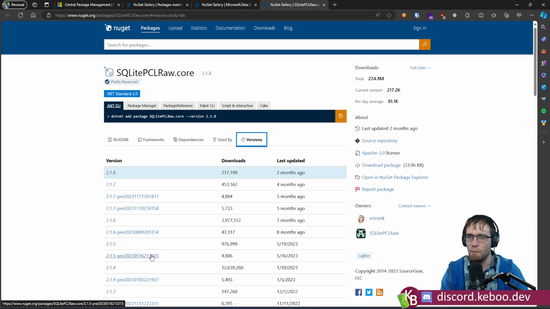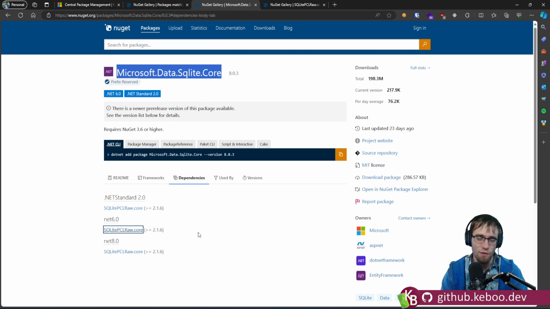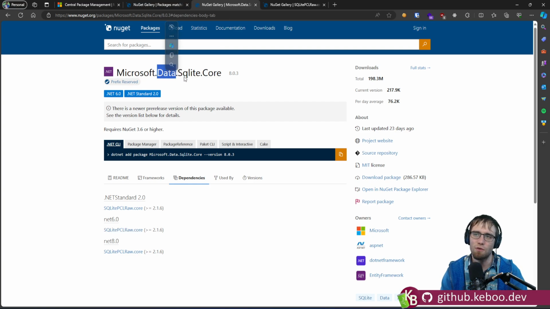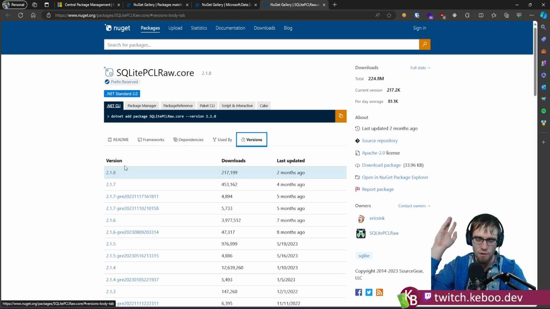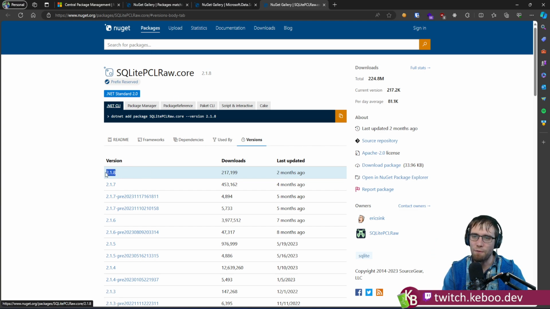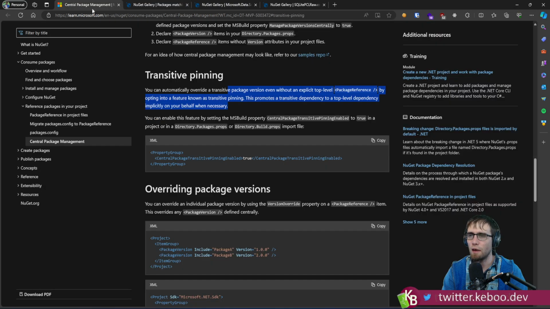Well, the problem here is, imagine you'll note 216 is back here, right? The latest is actually 218. Now, if you don't do anything else and all you have is this reference in your centralized package management, and this is what projects reference, you're going to end up with version 216. The problem is that's potentially not what you want, right? Maybe there's a security vulnerability in 216 and you realize, shoot, I really want 218 because of insert feature, update, whatever, right? What this says is if you add a reference to 218 in your central package management repository, it will automatically